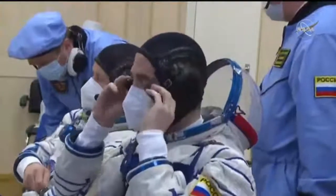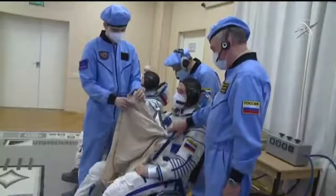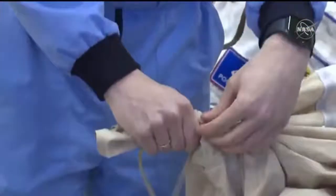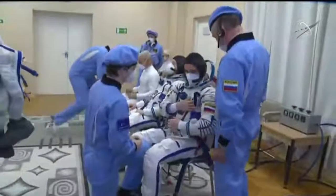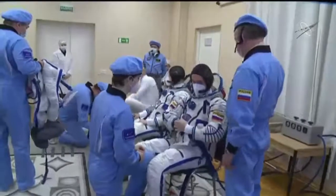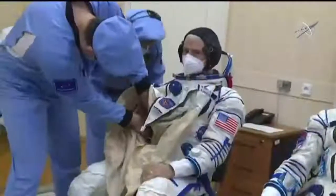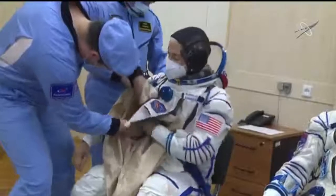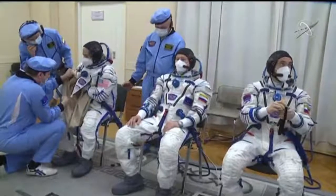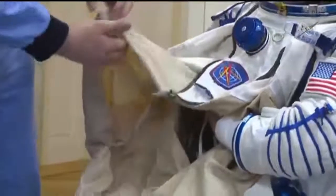Entry suits are primarily worn if you're familiar with a lot of the different space vehicles. You're wearing these suits during the ride, and they're there to protect you in the event of what's called a cabin depressurization. If for whatever reason the spacecraft were to lose the integrity of its hull, the cabin were to go down to vacuum, these suits are connected to protect the crew in the event that something like that happens. And that's why we have to wear these around all the dynamic phases. Anytime you're running, docking, undocking, and then coming home, remember to